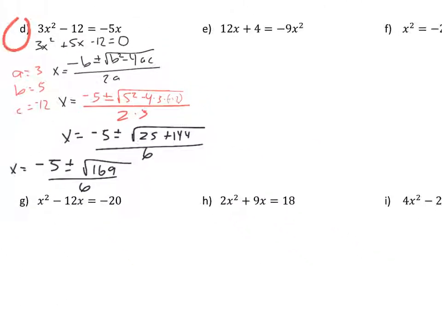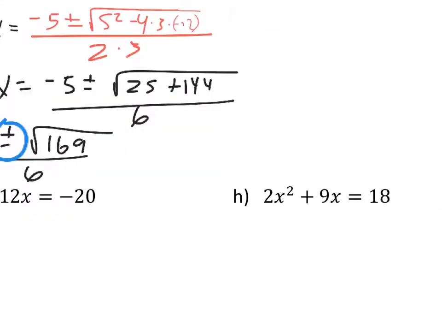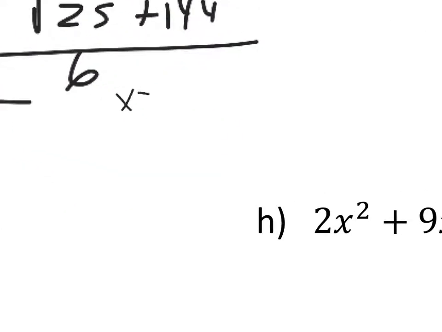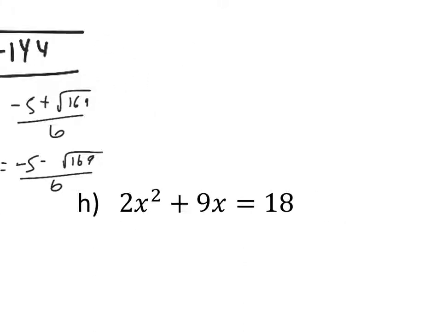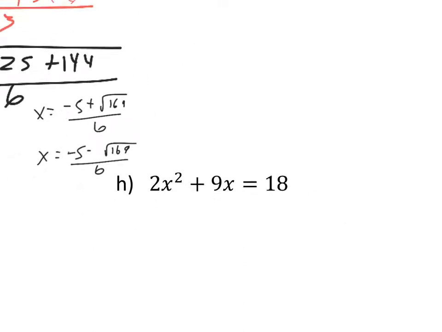So now this plus or minus idea, that's how I get 2 different answers. So one answer is x equals negative 5 plus the square root of 169 all over 6. And the second one is x equals negative 5 minus the square root of 169 over 6. Now if we do all of that, either in our heads or with a calculator, we